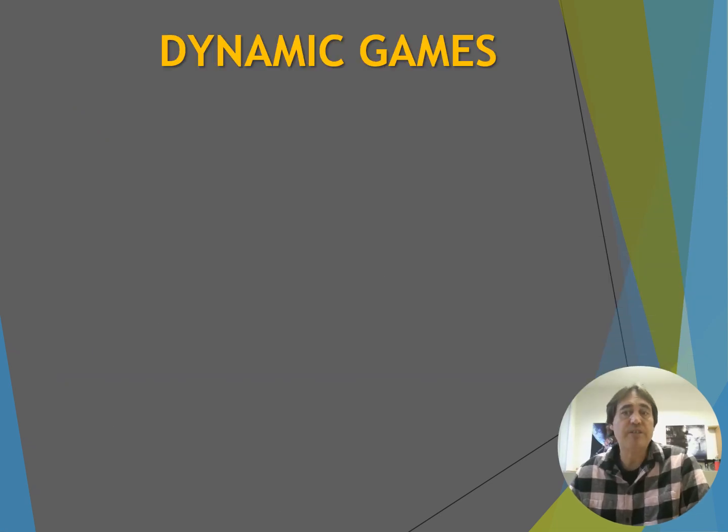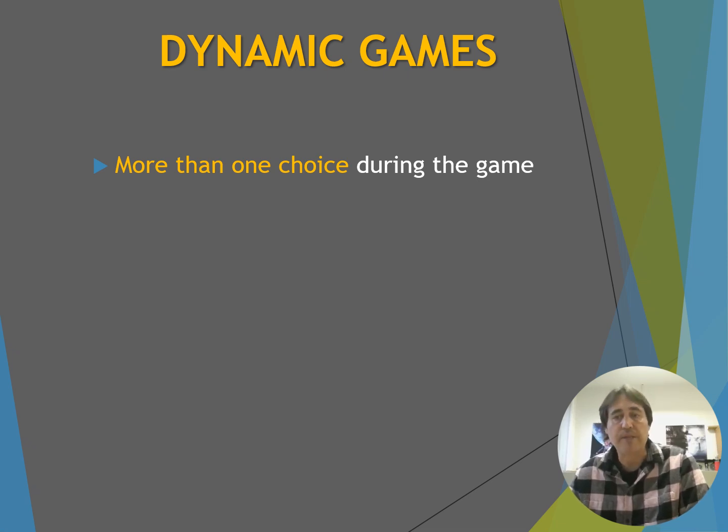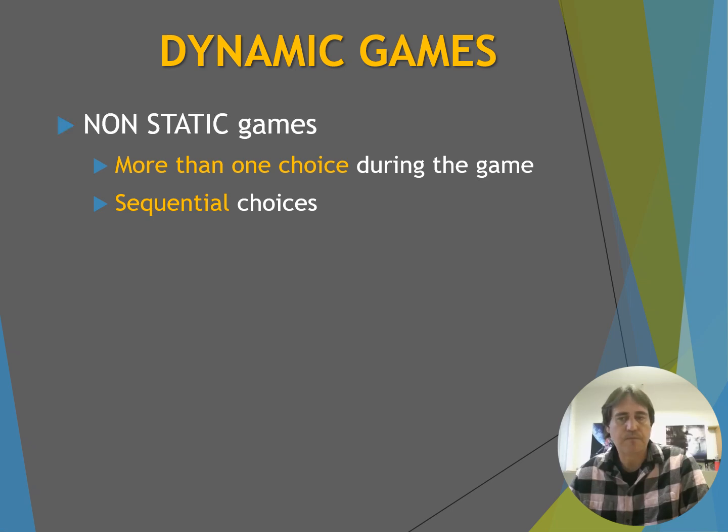A dynamic game in general is any non-static game. Therefore, these games are characterized by meeting at least one of these two properties. First, at least one of the players makes more than one decision throughout the game, or secondly, not all players make their decisions simultaneously. In order to predict the behavior of players in any dynamic game, we first require certain